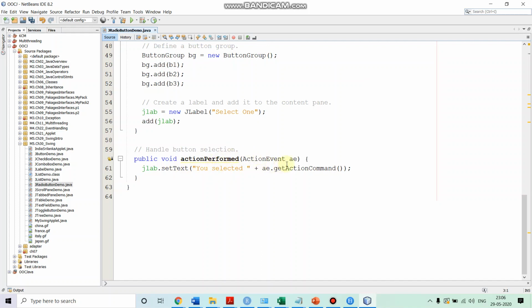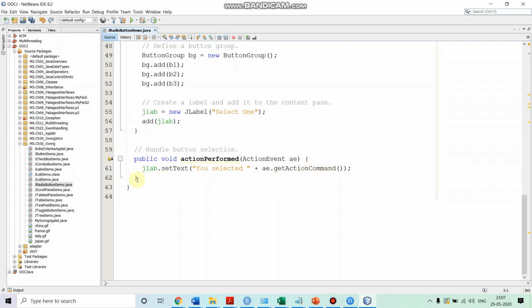In this method, we want to know the text of which button got clicked. So for that we are calling the method getActionCommand on the action event. It gives us the text associated with the radio button which got clicked, and which got selected.